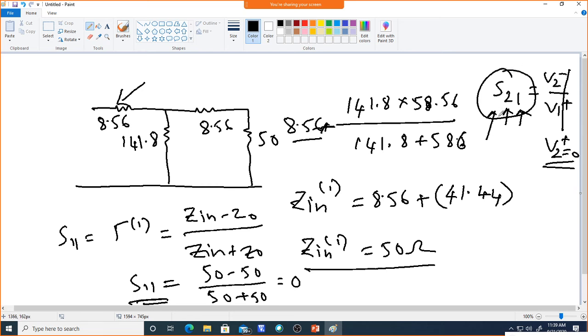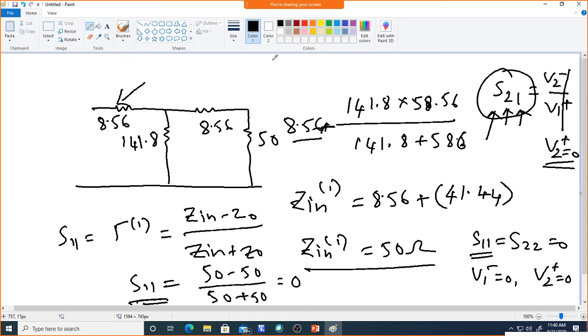Now if you want to calculate the transmission coefficient, this we have to do. Since S11 equals S22 equals 0, your V1 minus is 0 and V2 plus equals 0. Because of the matched port at port 2, it is 0, and there is no reflection because S11 is 0, that's why there is no reflection at port 1, which is V1 minus equal to 0. Now if you put these values, S21 will be...